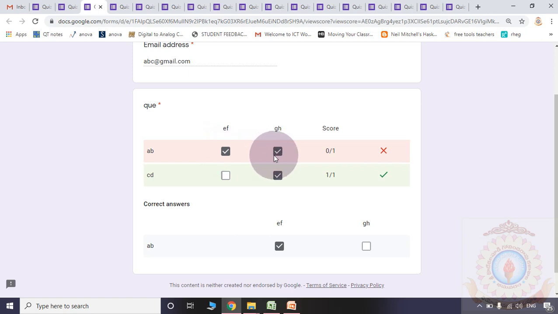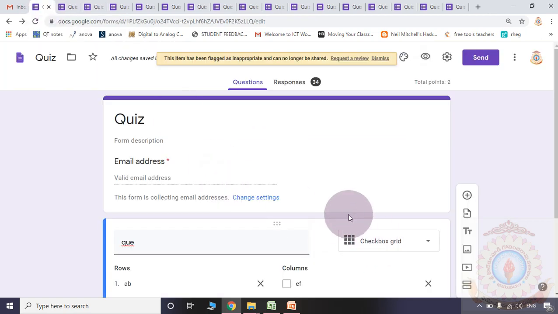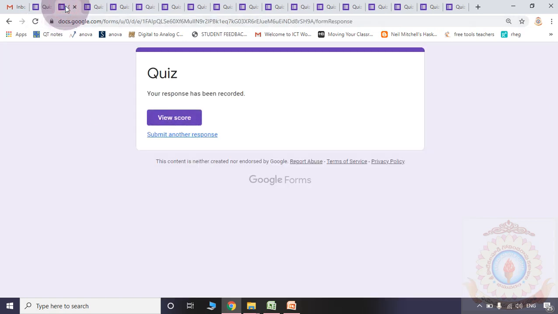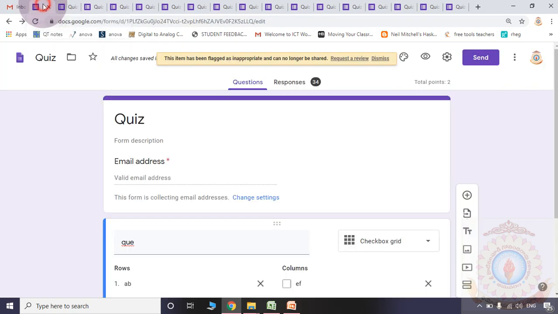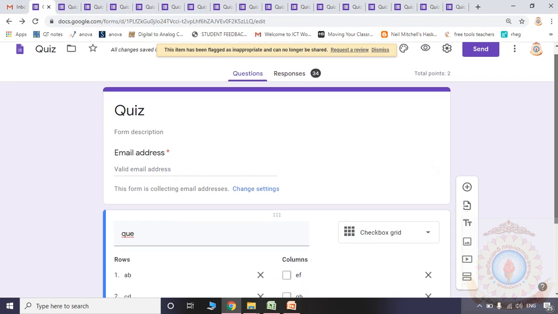But what type of pattern are we considering in the question? Checkbox grid we are considering. So by mistake, I selected GH also. So even if the correct answer is included, I am finally getting 0.